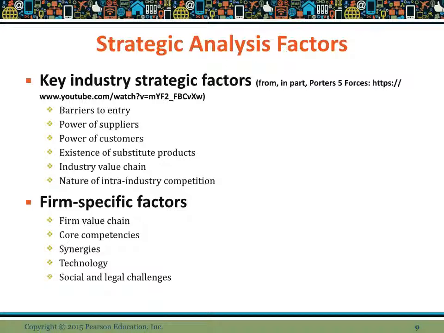If you look at this from a macro perspective, utilizing Porter's five forces, and as MBA students, I think you're all familiar with Porter's five forces. If not, you should be. Just in case, I've included about a 14-minute video produced by Harvard Business School where Porter himself is interviewed and explains the five forces and how they are used to analyze different industries. The one he talks about, I believe, is the airline industry.